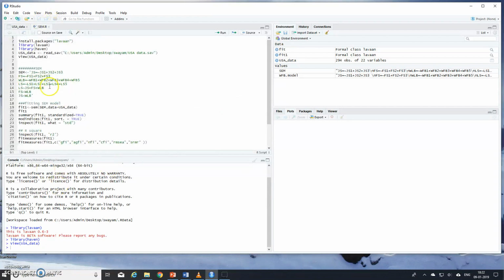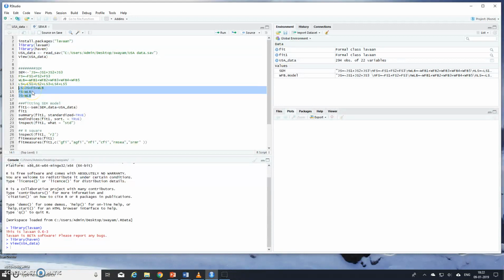So now, next step, to develop the SEM model, you need to keep your confirmatory factor analysis syntax here. So up to this, JS equal to tilde JS1 plus JS2 plus JS3 to LS equal to tilde LS1 plus LS2 plus LS3 plus LS4 plus LS5. These 4 lines of commands refer to the confirmatory factor analysis model, that is the measurement model. And the last 3 lines of commands refer to the structural equation model. So this command is very simple.